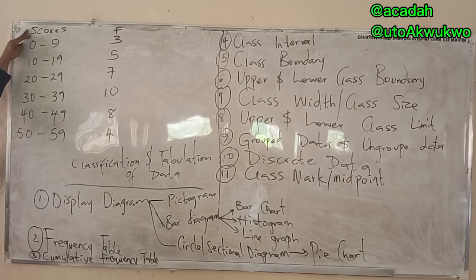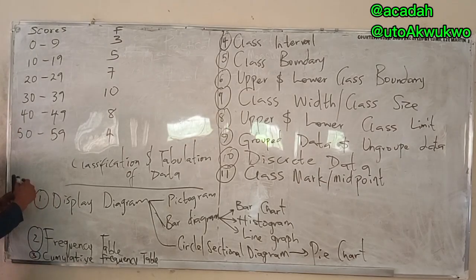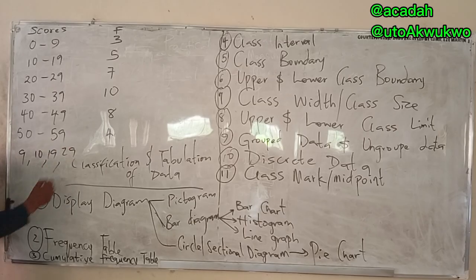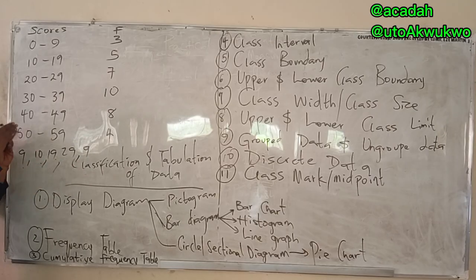Even if you see scores, or maybe age, maybe group, whatever, for the fact that it has to do with something to something, it's called a class, or you call it a class boundary. Now, when you have a class boundary, because they could as well have given you that maybe people scored 9, 10, 19, 29, maybe one person scored this, or you see maybe 9 here, and it's not grouped into a class.